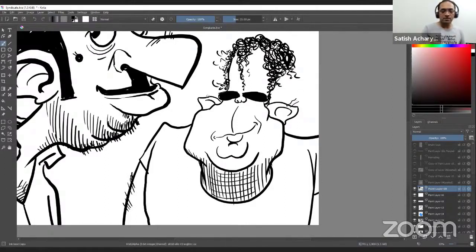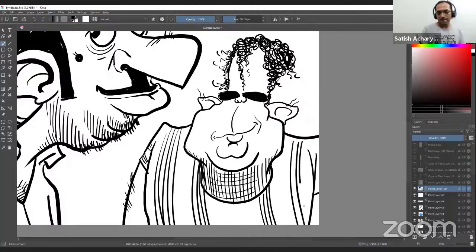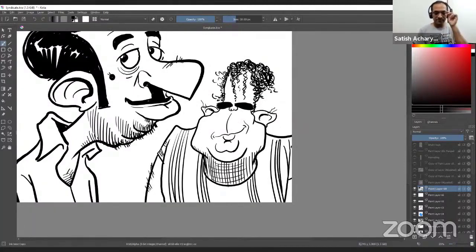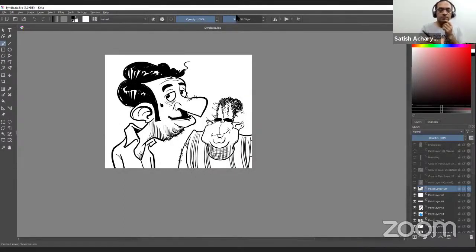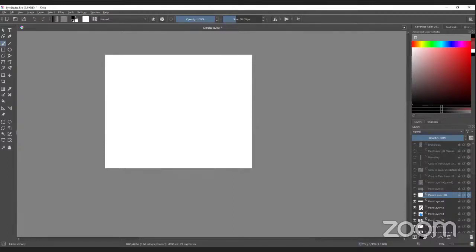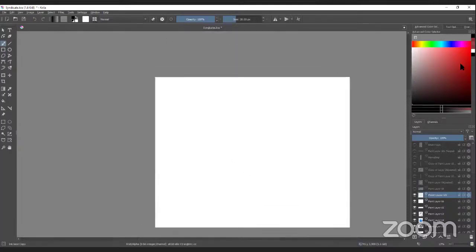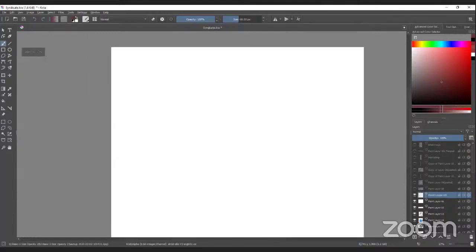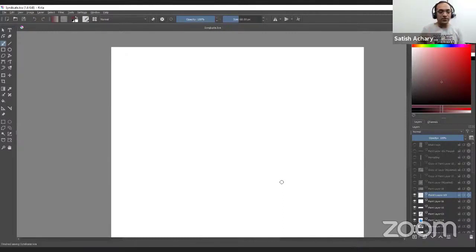This is another character. One more. When you started drawing this, did you have this full image in your mind, or did you just start and create it as you went along? I just went with the flow.